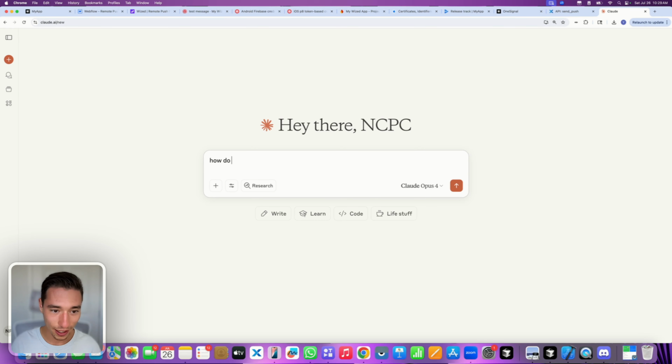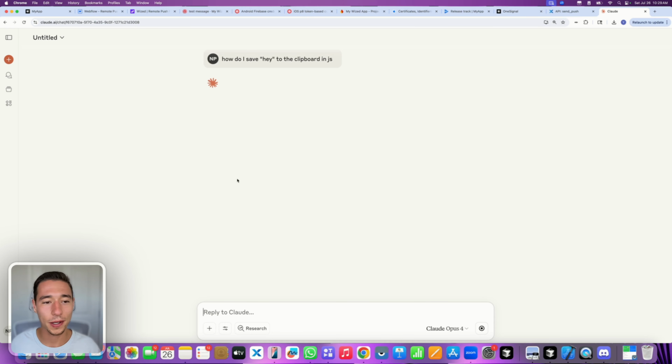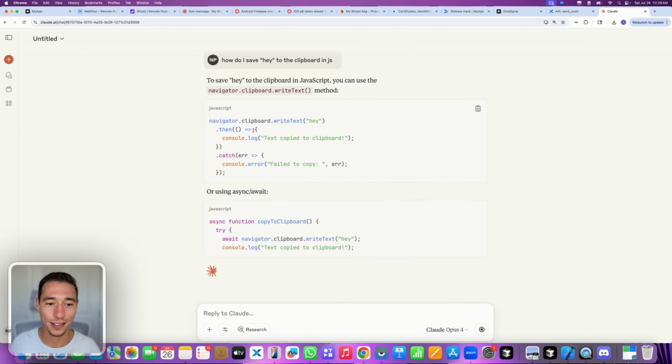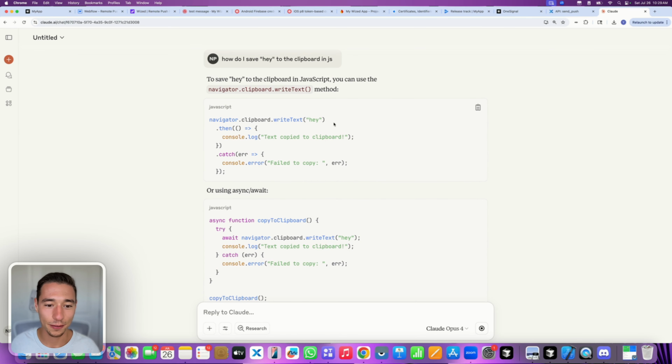How do I save "hey" to the clipboard in JavaScript? I should be knowing this by then, but it's always the simple things you forget. It's not the complicated ones. There you go. So it's just one line, pretty simple, but I just need to really easily write something to